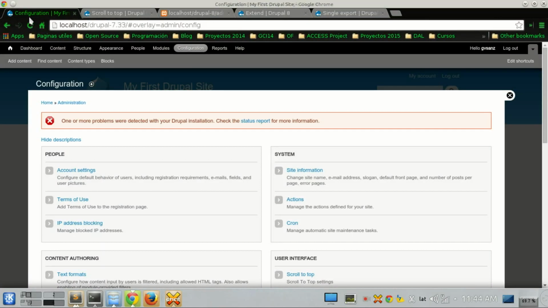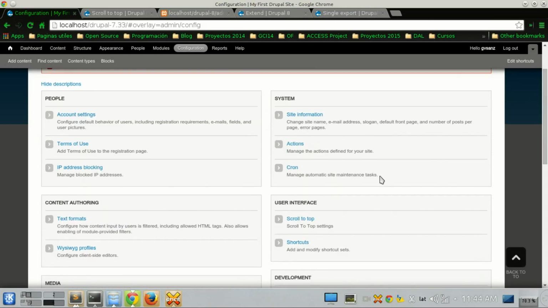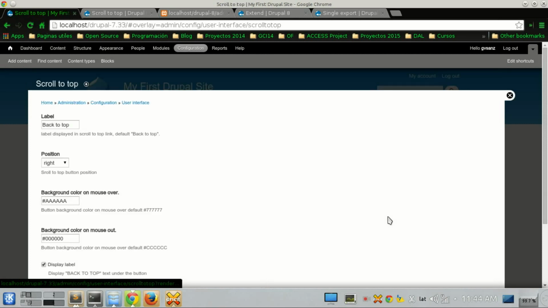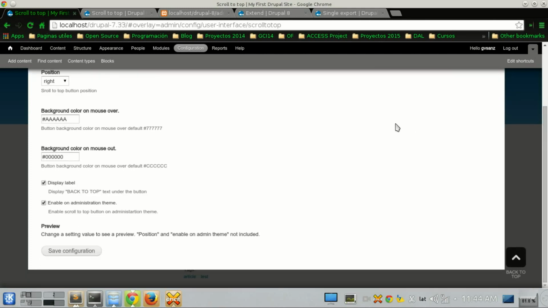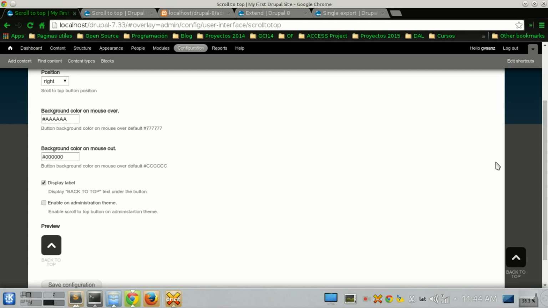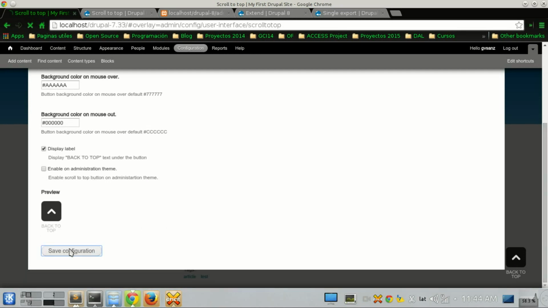I'm gonna show that in here. For example, I have the button in the configuration pages, and actually the admin pages. But if I disable here and I save configuration,